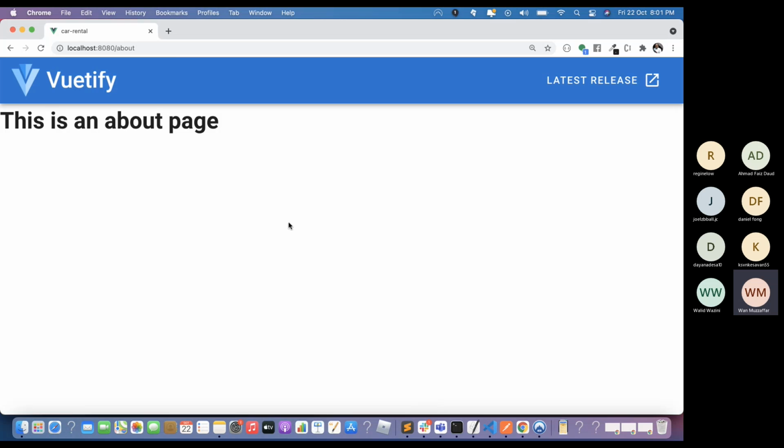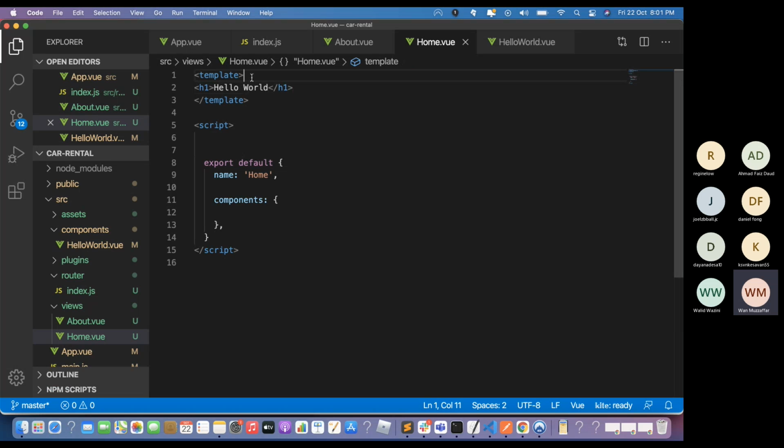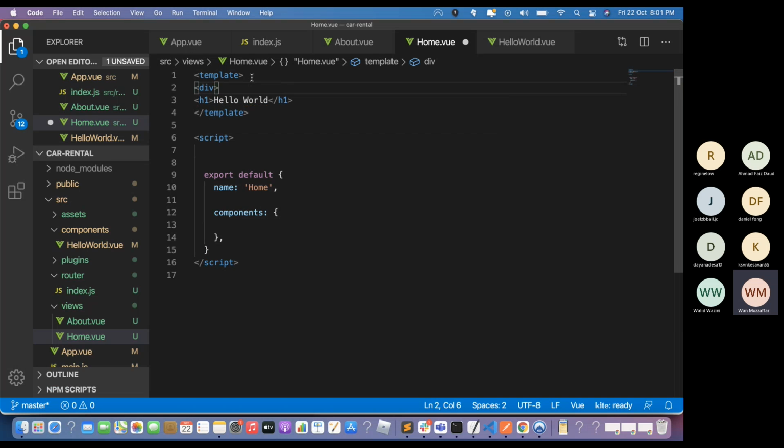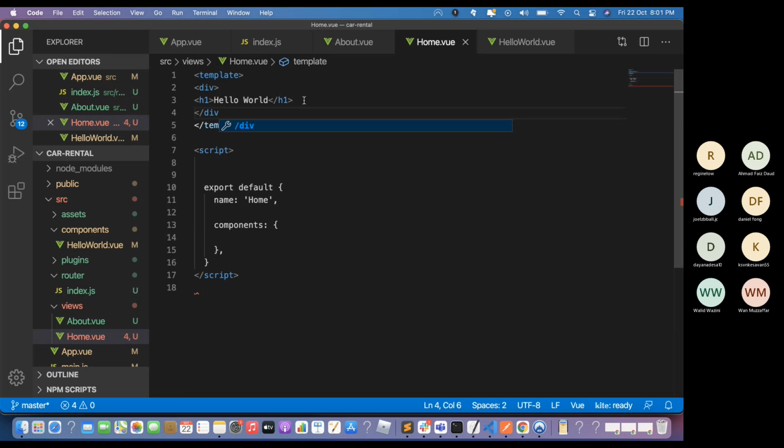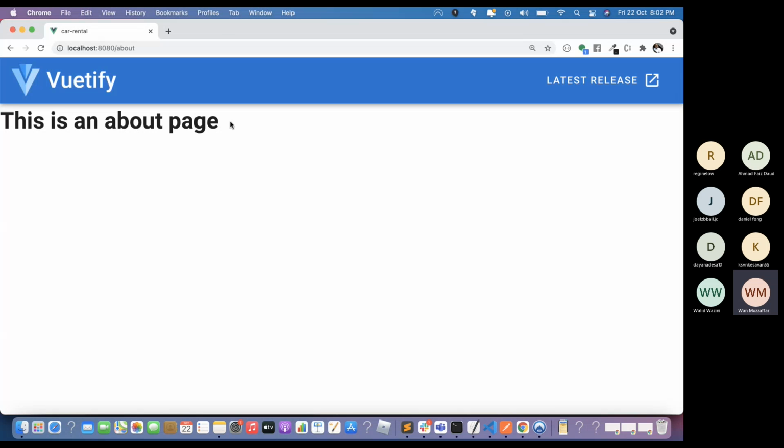Okay, the idea now is, I can do it like this, right? I can do a div, I can do normal HTML and everything. But the idea is I don't want to use the normal HTML. What I'm going to use is